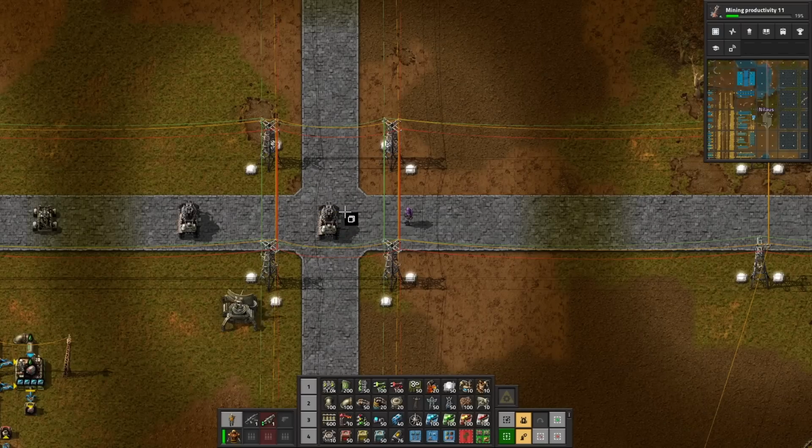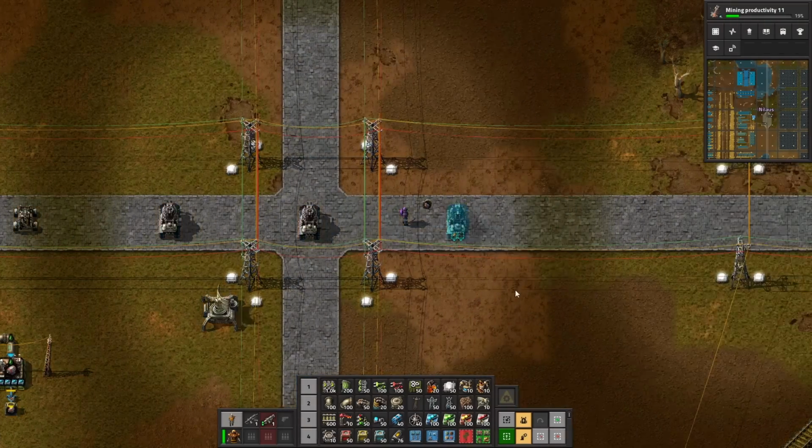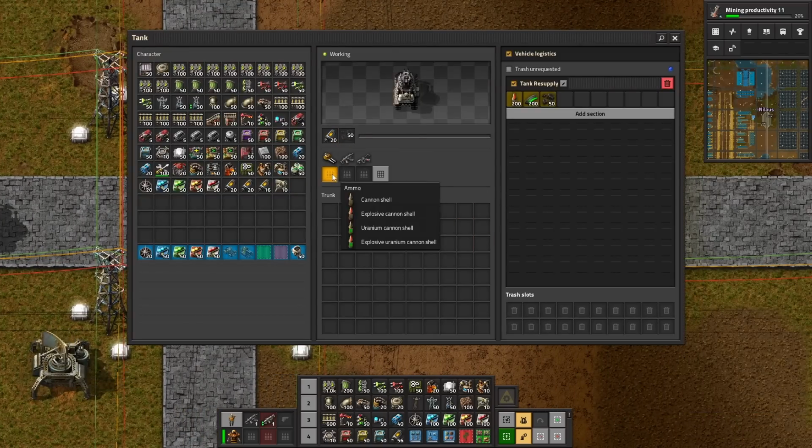Blueprinting can now also blueprint a tank. If I just do the normal one, then it just does what's on the ground, but if I hold shift, then it will actually choose the tank. So I choose vehicle and vehicle fuel, and I will create a blueprint, and then I'll stamp it down. What will happen? It will not actually insert, so if I...